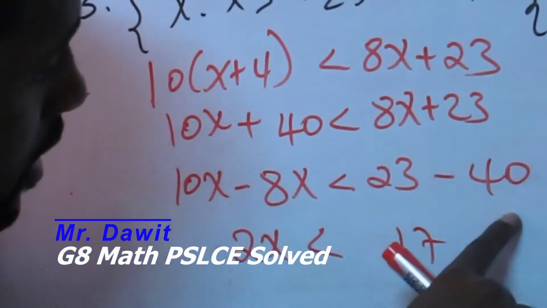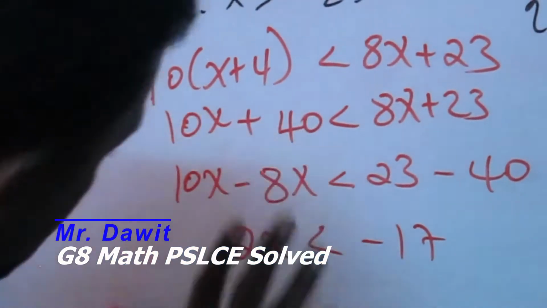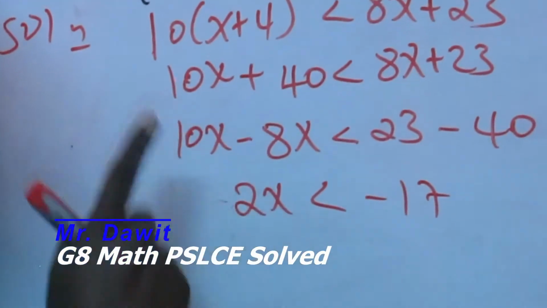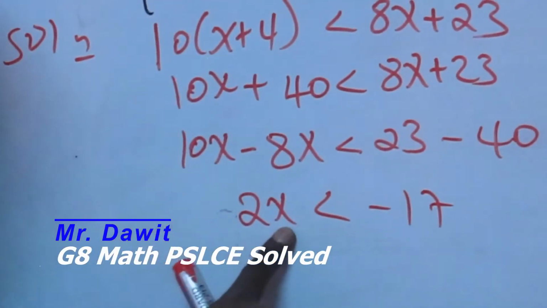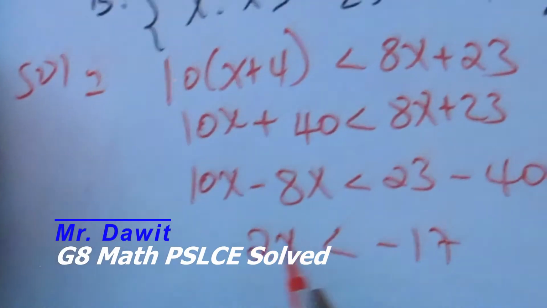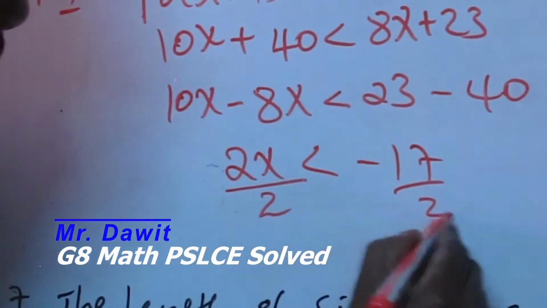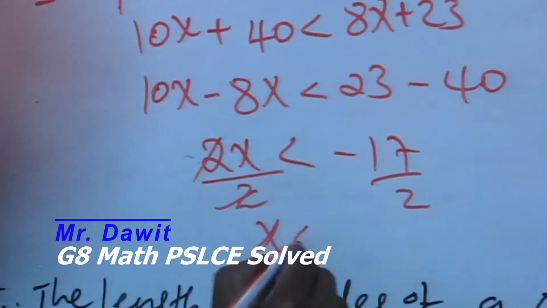It becomes negative 17. Now we didn't finish, because we have to go until we get x alone. Again, to get x we have to divide both sides by 2. Therefore x is less than